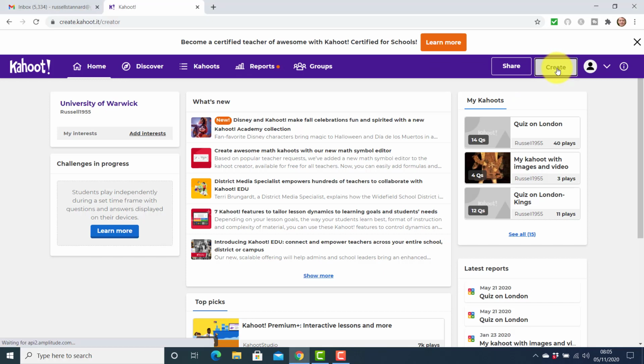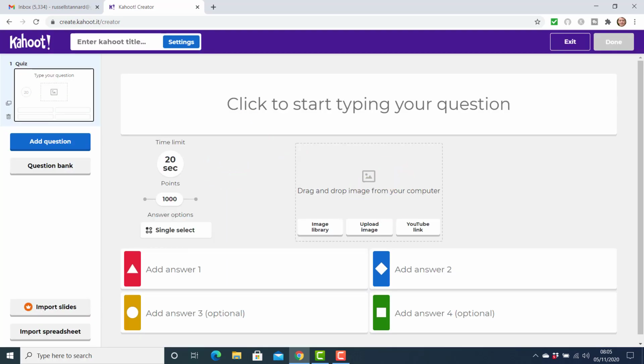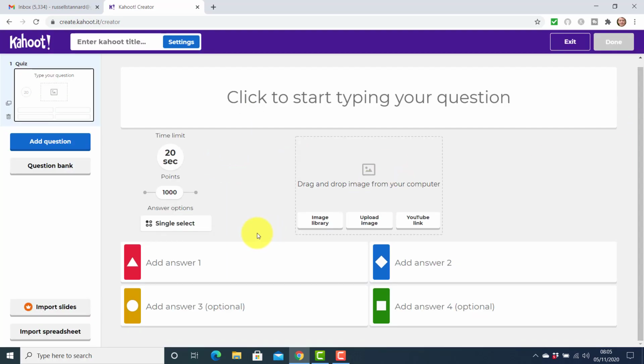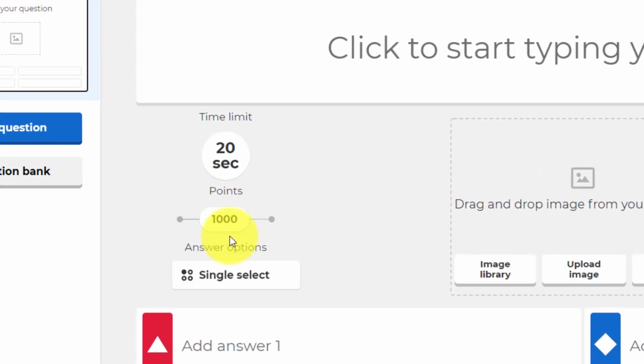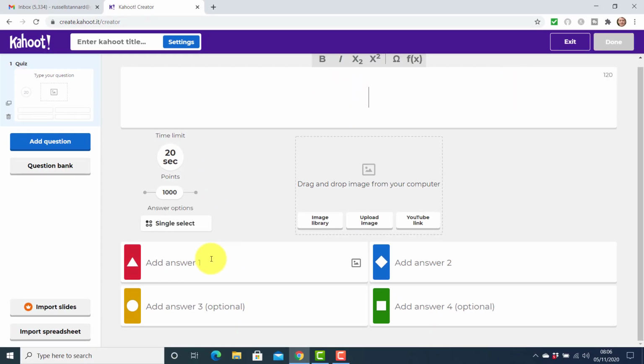So click on the create button, and the first thing you're going to be asked is the type of Kahoot that you're going to do, and I'm simply going to click on create this standard new Kahoot. Okay, so I'm just using this one here, and all I need to do now is to add in the questions. There are a few interesting things that you can set, and at the beginning I'm not really going to change any of these. That is, each question will give you 1,000 points, and for the first question you've got 20 seconds to answer. So all I need to do now is to type in my question here at the top and then put in my 4 possible answers here on the screen.